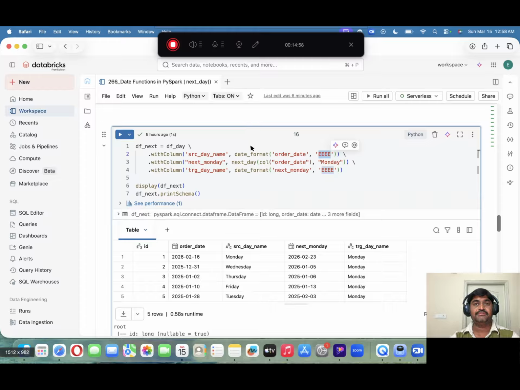If you want more information on date_format, I already created one video. There I explained all the scenarios, how to convert. So there you can refer. So this line of code creates one column and prints the day names with respect to the dates. Okay, so next,